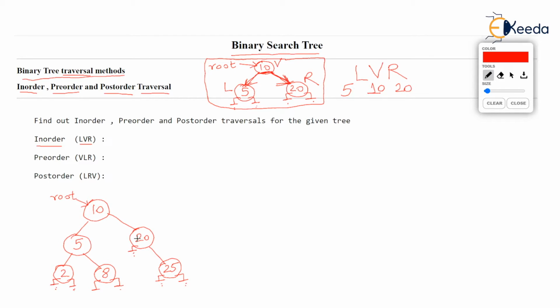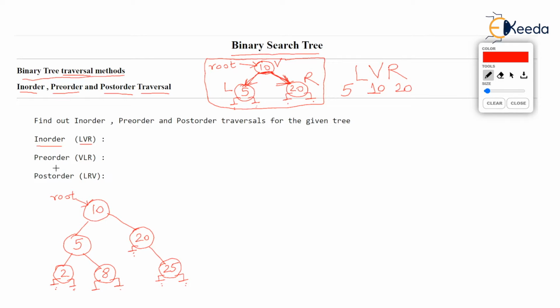So I repeat, what is vertex? While traversing the tree, when we reach any node for the first time, we say that okay, I am at 10 for the first time, then 10 will be called as vertex. Remember this, and the traversals, believe me, in order, pre order, post order, will be fun. It will be absolutely no problem whatsoever. You can orally find out without even using pen and paper.